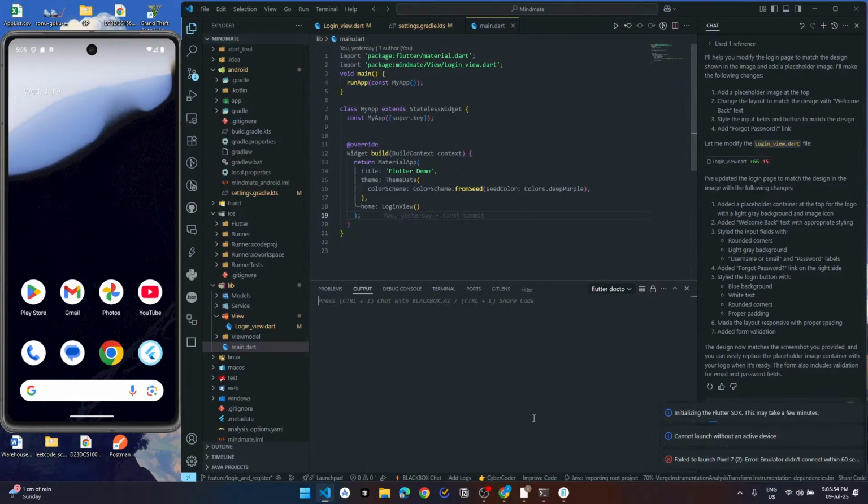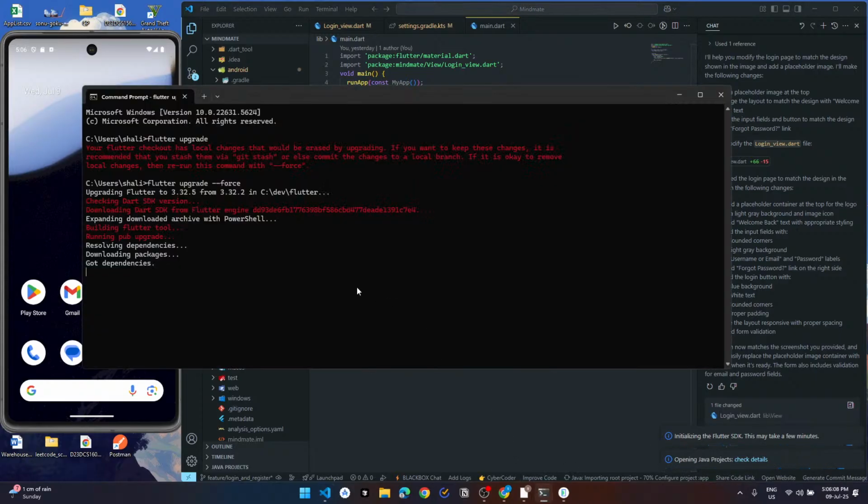Reload. It is initializing my Flutter dependencies and SDKs and all.